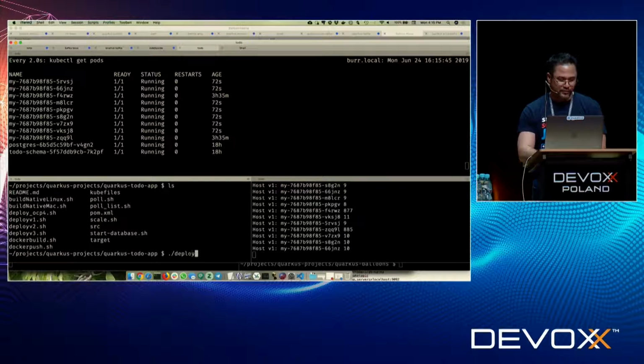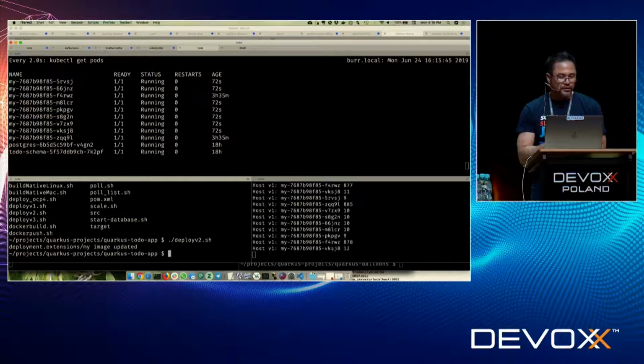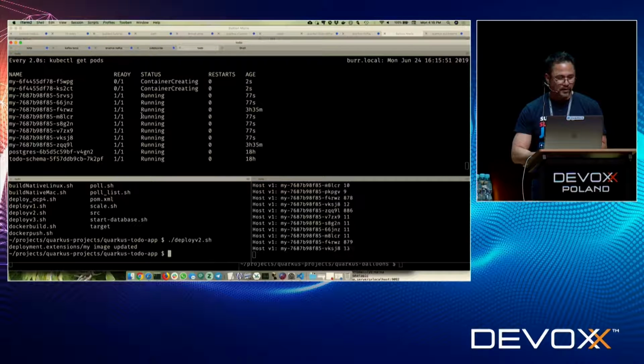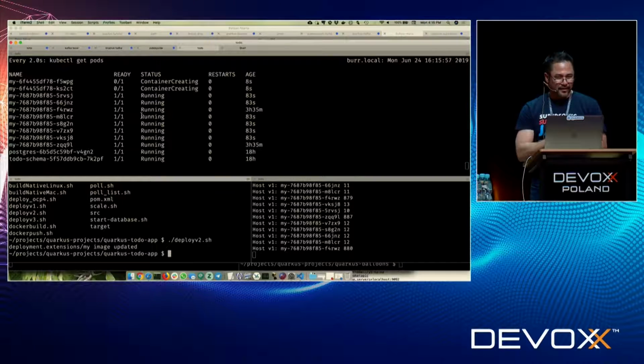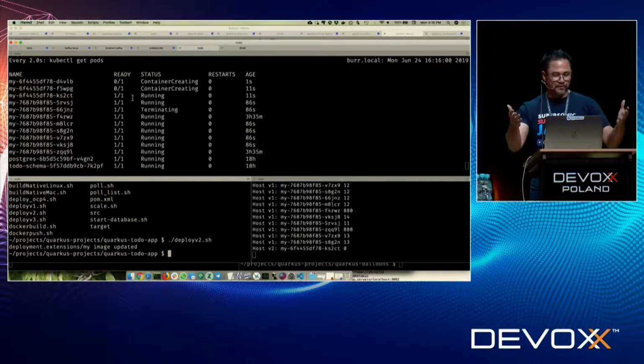Let's roll it out to V2. Let's roll version 2 of this application out to production. You'll see what happens here is it goes through its rolling update. Basically, of the 9, it starts updating them pretty rapidly, and you can kind of see that process. And again, it's doing this across that cluster of servers that I have already created.